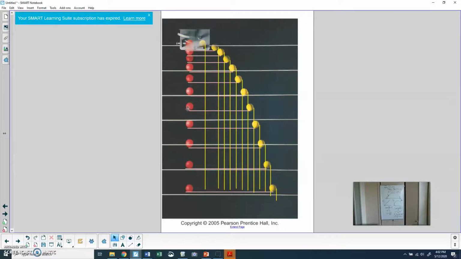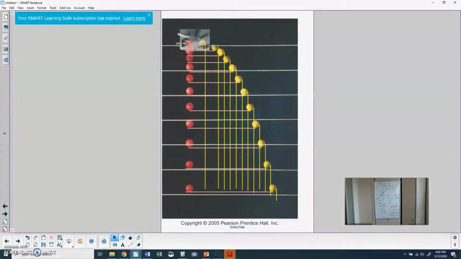Both of them are accelerating at the same rate. So even though this red ball is just being dropped and this yellow ball is being kicked out to the right, they both fall at the same time, meaning they should hit the ground at the same time. And this is kind of cool. When we get into predicting motion,